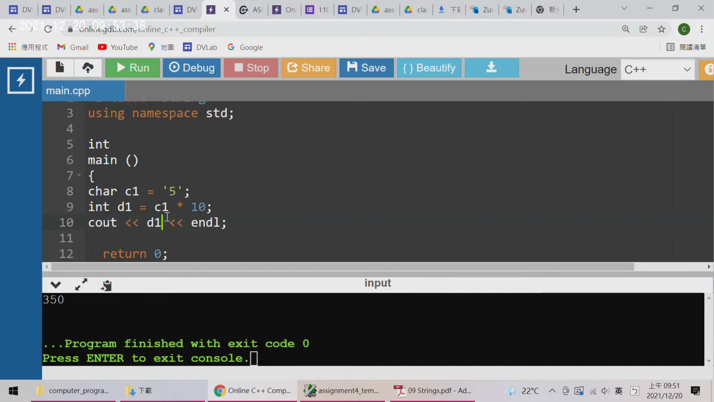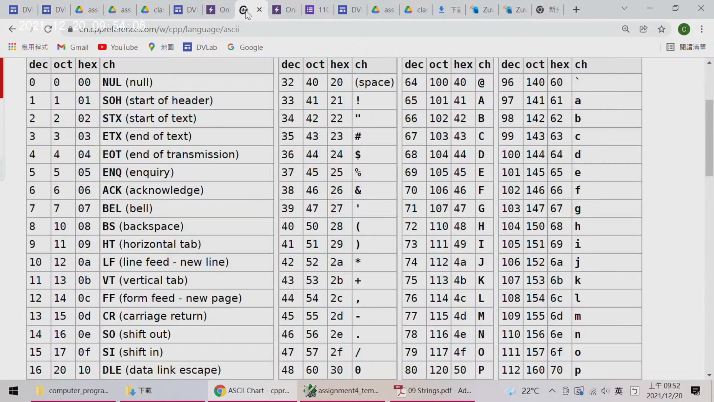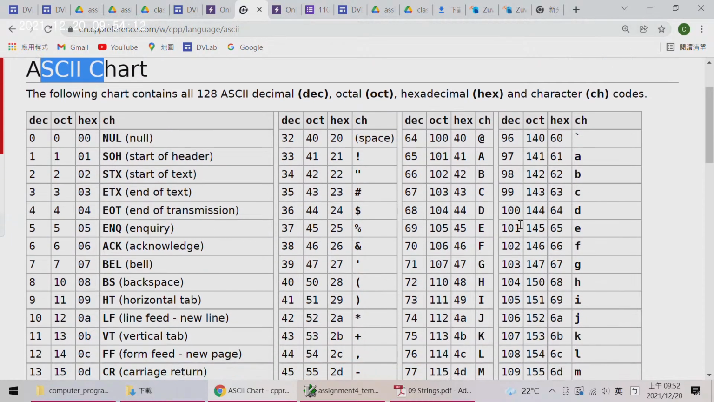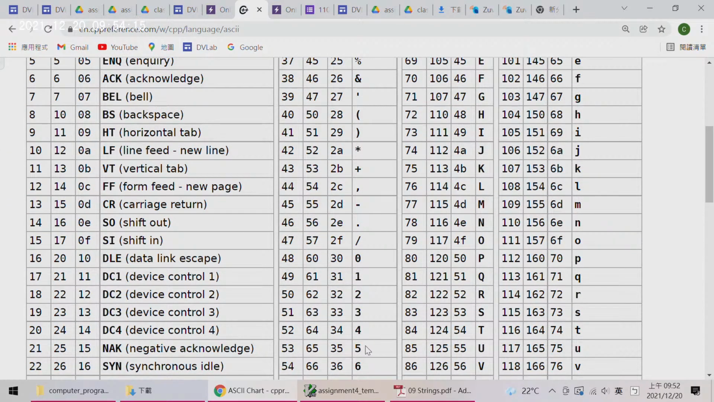Now suppose we want to perform 5 times 10. But in this example, C1 is a character, and let's see what is the result. The result is not 50, the result is 530. Because the integer value of character 5 is not 5. If you look at the ASCII chart and find the decimal value of character 5, the decimal value of character 5 is